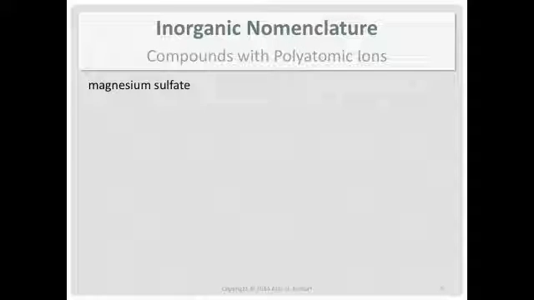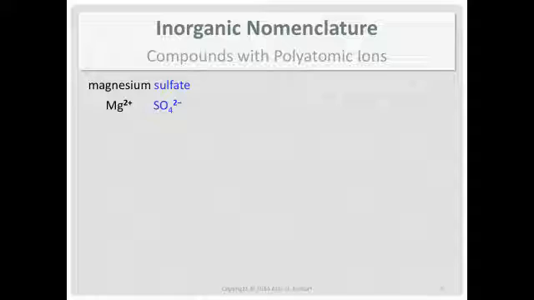Well, with this, you should be able to recognize the magnesium ion in this. 2 plus charge, it's in 2A. And then you go to do the sulfate part, and you won't find that on the periodic table. It's because sulfate is a polyatomic ion. It's one sulfur and 4 oxygens bonded together covalently, sharing electrons, and then this whole group of atoms has a charge on it of 2 negative.